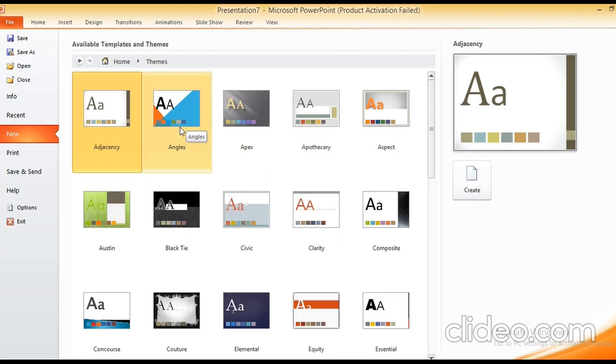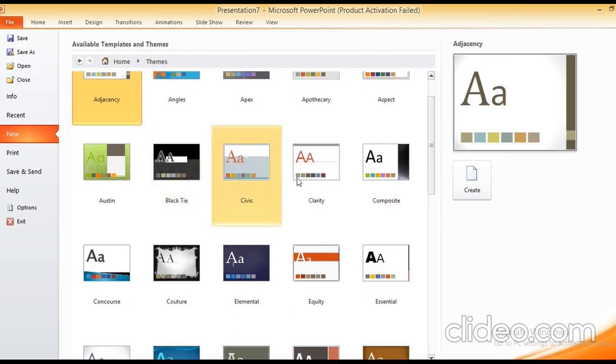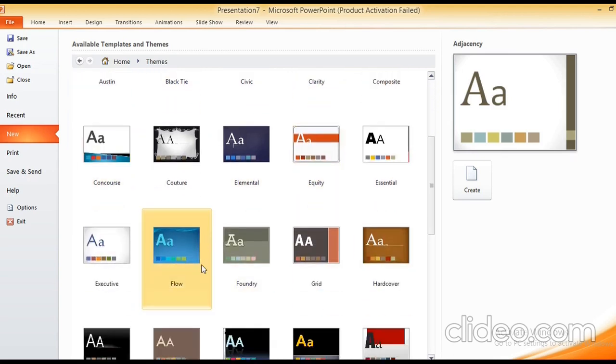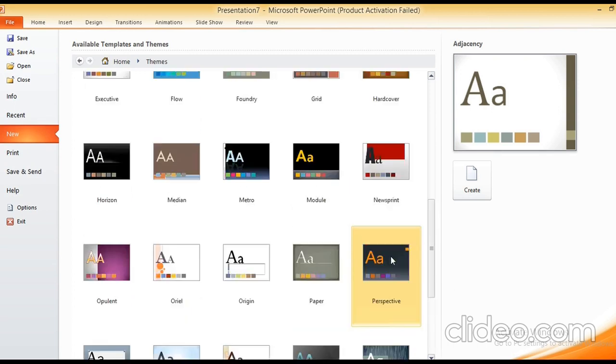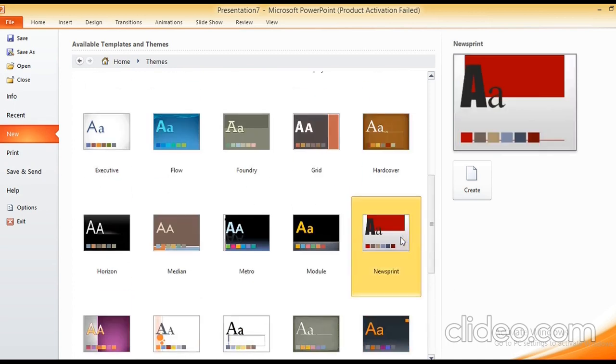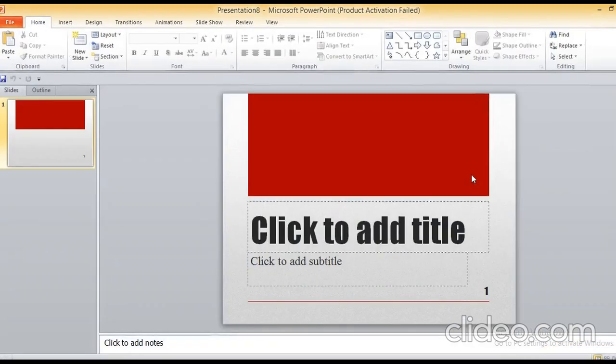Then choose the option you want and click on the Create button. A number of themes are displayed here. Choose any theme from here. After selecting the theme, click on the Create button. The theme gets applied to your presentation.